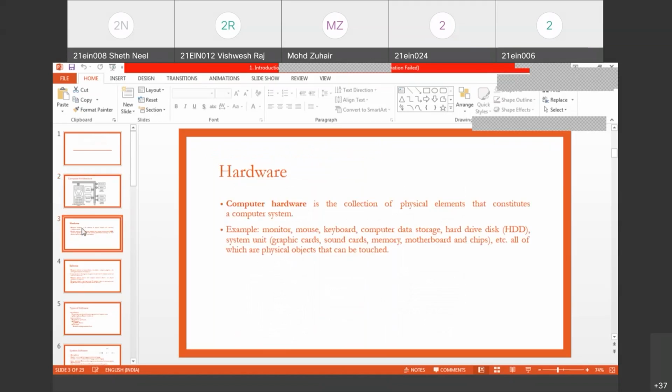Now we have two basic components in the system. One is hardware and another is software. When you open your system, whenever you have seen somebody open it, or you might have opened it yourself, there are different components, and they are almost all connected to the motherboard. Like RAM is there, ROM is there, hard disk is there, your graphics card is there, your CPU is there. All these are individual components or individual hardware.